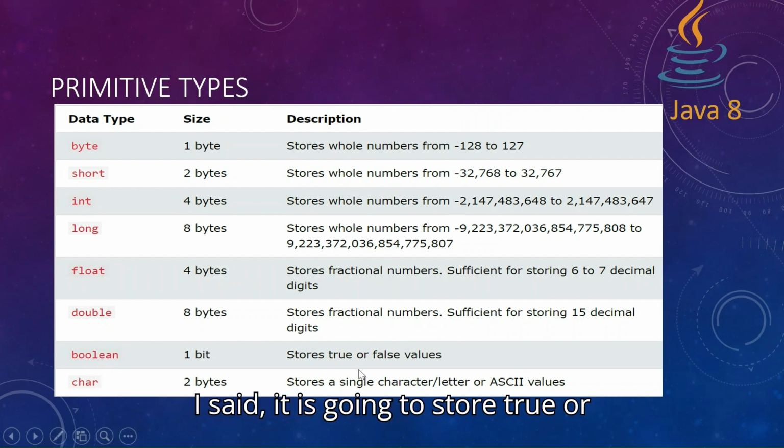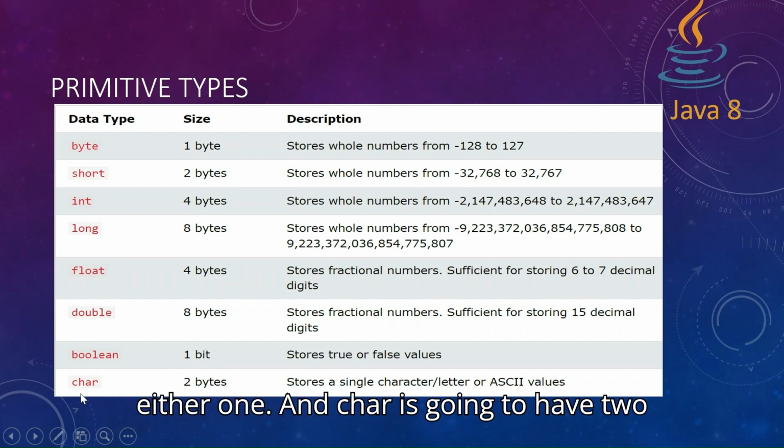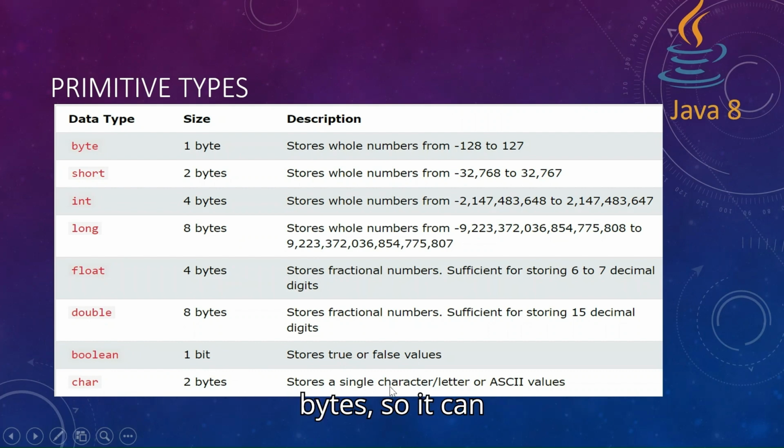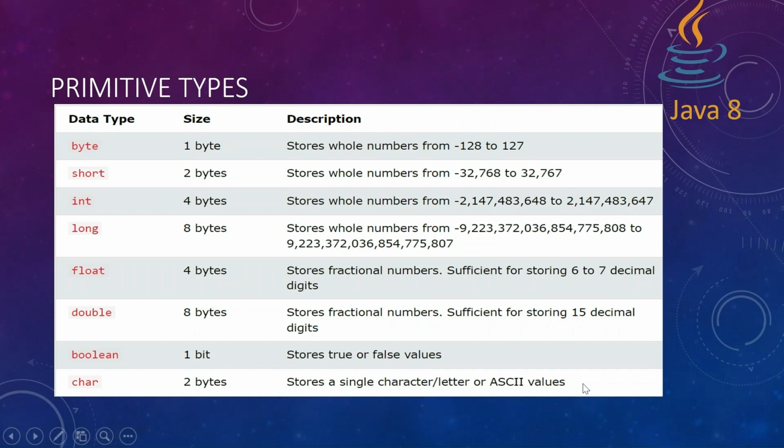And boolean, like I said, is going to store true or false. It is not true and false, let's not get confused here. Since it has only 1 bit, it can have either 0 or 1. And char is going to have 2 bytes, so it can store a single character, or it can store an ASCII value. Let's try to